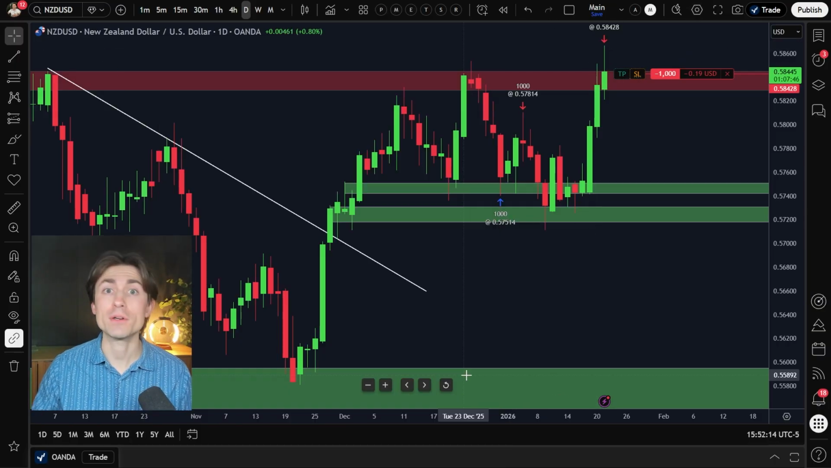And there you go. There is a very simple guide on how to place a trade directly with your OANDA account within